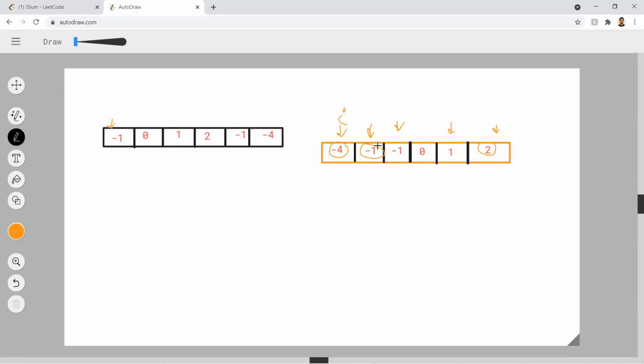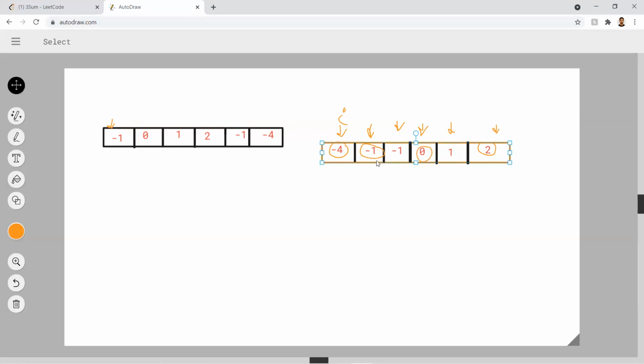Another thing is that if both elements are the same, as we can see at the low pointer, -1, -1 is the same. If the low pointer value is the same after incrementing also, we need to increment this pointer further. So we can have multiple while loops inside this, and we can check for other solutions.